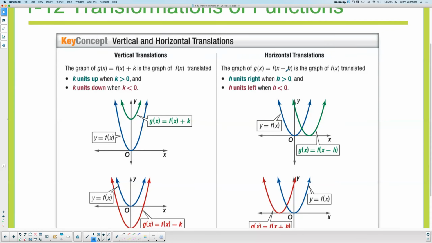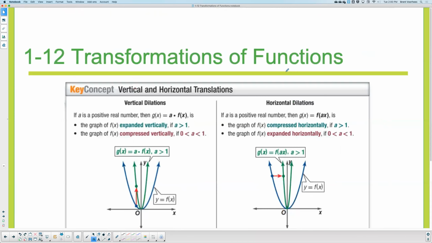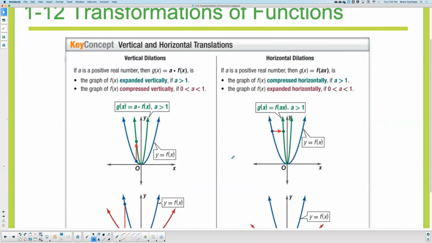X's will always lie. Okay, and finally, last rule, and then we're going to actually start math. Vertical and horizontal dilations. This is when you stretch or shrink a graph. If it's on the outside, it'll multiply or divide the y values. If it's on the inside, it'll do the same with the x. But inside is a liar. You're going to hear me say a lot